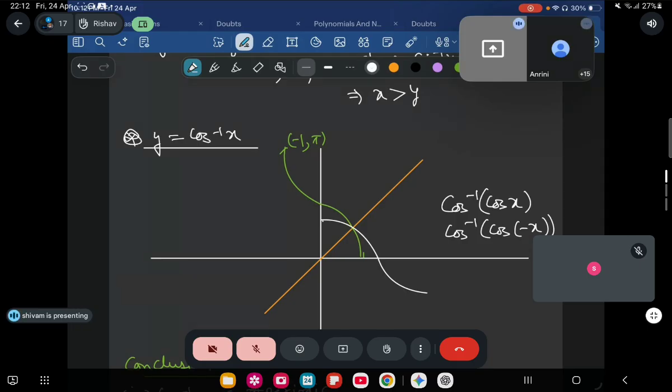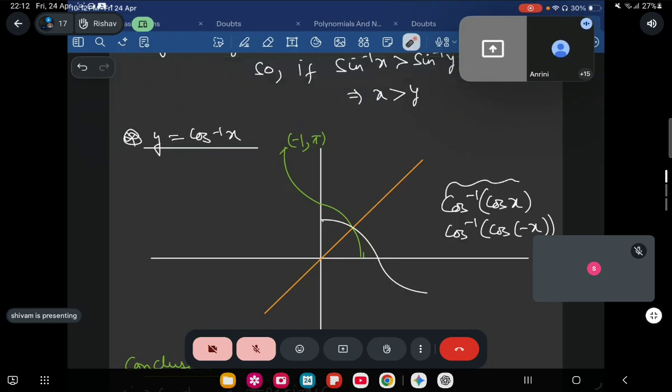The derivative will be plus 1 or minus 1. Yes, sir. The derivative will be plus 1. But it depends upon which interval you are taking. Do you remember the graph of cos inverse cos x? Not at the moment, sir. It used to look somewhat like this. Mountains. Yes, yes, yes. Okay.